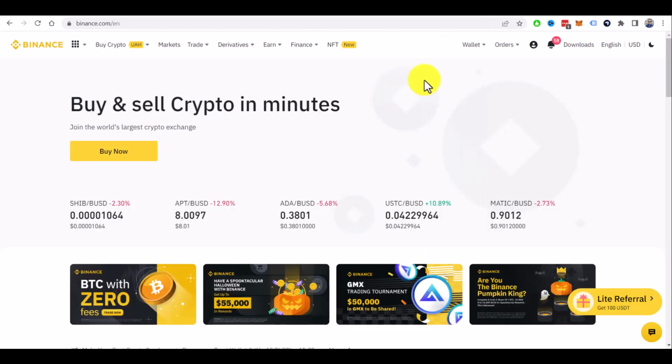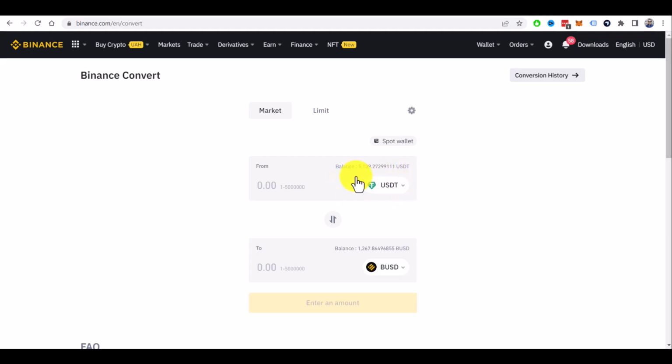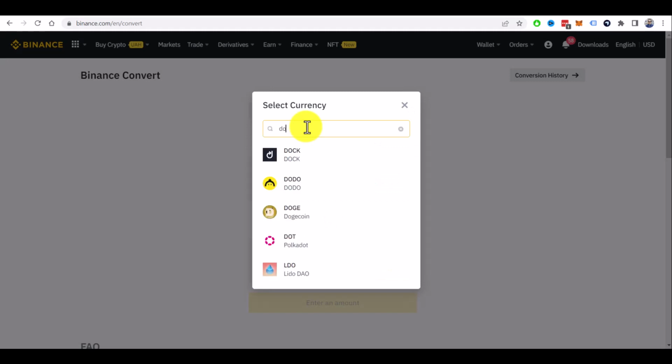For example, I will buy Dogecoin on Binance. You can do it on any other crypto exchange where you can find Dogecoin, or if you already have it in your wallet, you can skip this step. But for those of you who don't have any Dogecoin, let's buy some Dogecoin on Binance. The easiest way to do this is if you go to Trade and Binance Convert. Here you need to choose what coin you want to convert to Dogecoin, and in the destination search for Dogecoin